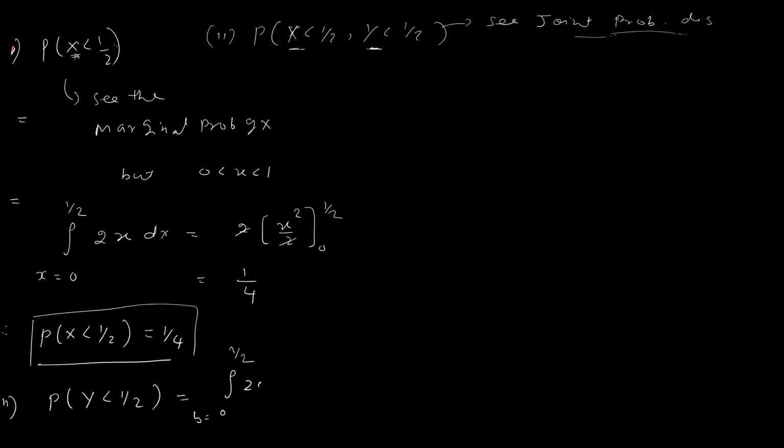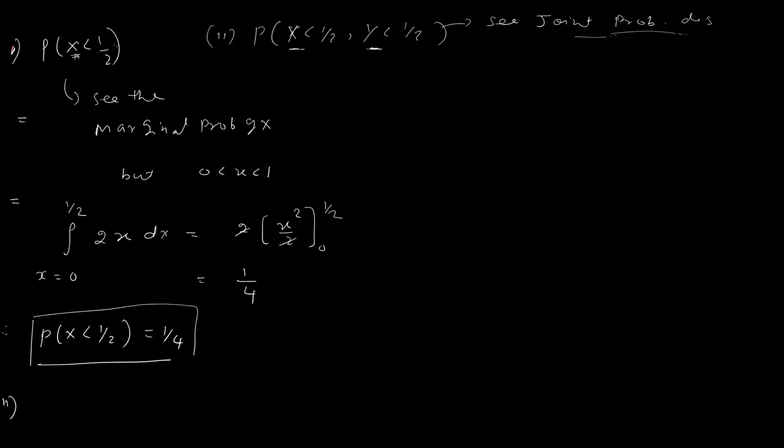So that will be 2y into dy. This part you have to just calculate. Even this also you will get 1 by 4 if you calculate. This is the extra portion. This is not required, just for your understanding I have written. So I just quickly rub this part because this is not required here.